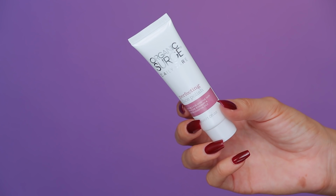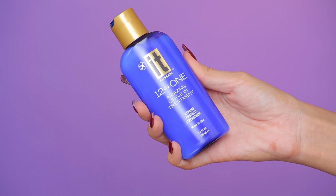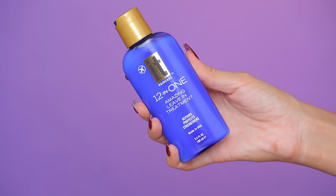And then I also got this other face wash. This is from Organic Surge Daily Care, the Perfecting Face Polish. This will help to smooth and rehydrate all skin types. And then lastly, I got the IT Hair Care. This is the 12-in-1 Amazing Leave-In Treatment, and this will help to repair, protect, and strengthen your hair, which I